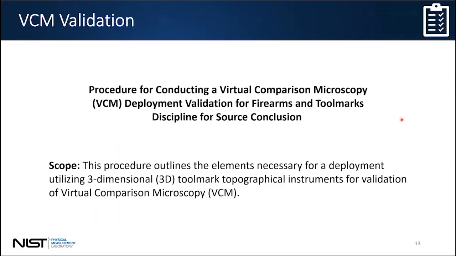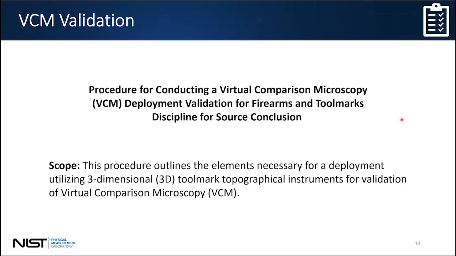So let's now move on to VCM validation, which is a question we get a lot from a lot of laboratories, and I'm sure all of you attending today: how do you actually validate these things and what are the procedures for it? So we have a second task group within a TWIG writing a document on this one. And this took a bit of discussion as well. And I think a year ago, we had an in-person meeting where this was kind of a heated topic,